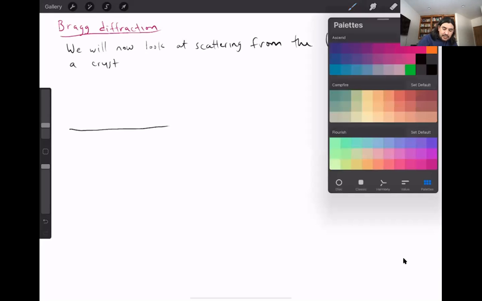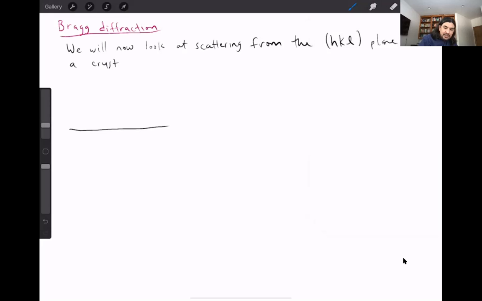And then I'm going to have my incoming radiation coming in this direction, hitting that plane right there. And then there's an angle, let's call it theta right here. So this is my incoming radiation, the X-ray, right? This is the incident wave coming to the plane. It has this arbitrary angle theta, and then it gets scattered and reflected